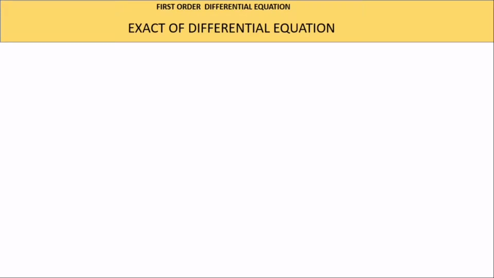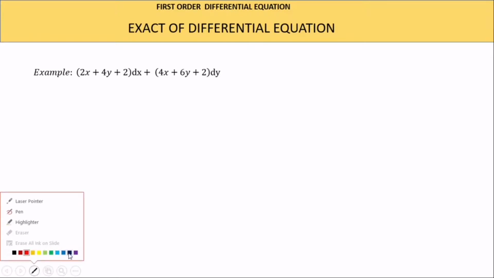So now we're going to take one example with exactness. After checking the exactness, you integrate both sides and add the answers. So let's take this example. Please pause this video and try. Please find whether this equation is an exact equation. That means that when you differentiate partially each of the functions, you should